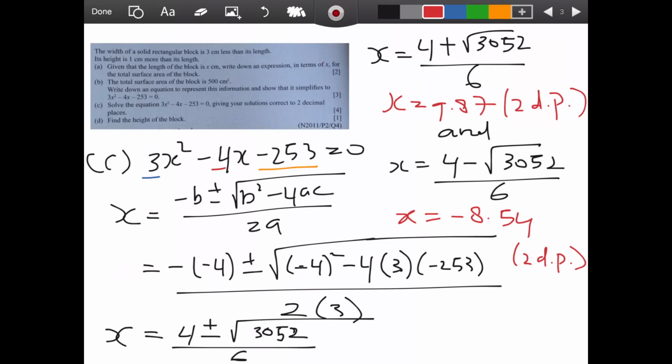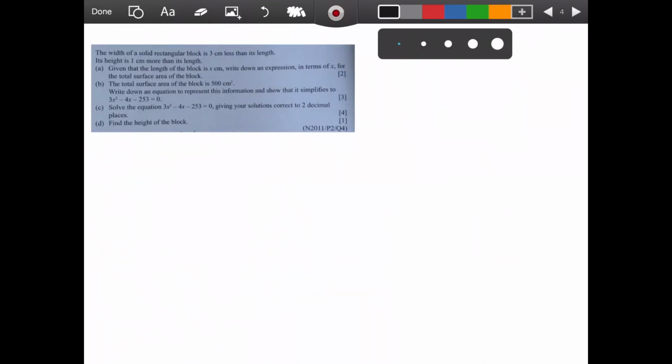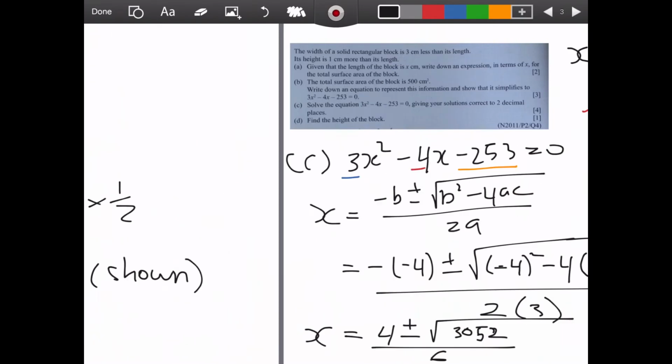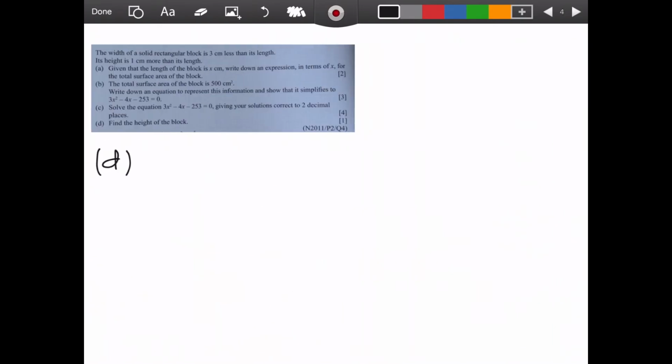Alright, so the next question, find the height of the block. Okay, so the height of the block, just now we found, right? The height of the block is, come back here, the height is x plus 1. Okay, so that's what we do. We say the height